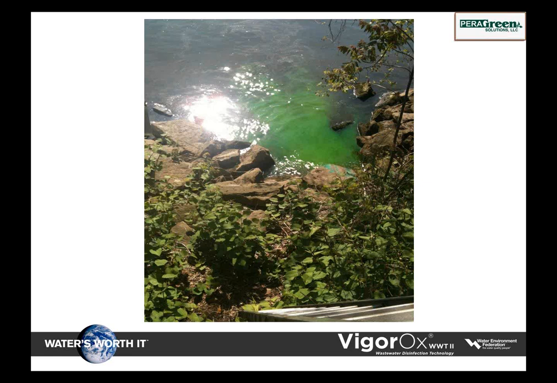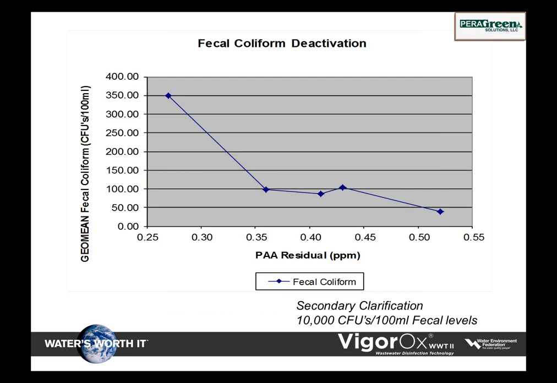Next slide, please. Again, what we did here is plot out our normal curves, our geomean fecal levels on the left, and then how when we finally hit a 0.3 to 0.4, they went down to 100 CFUs or less. Again, these are standard charts you'll find in a lot of the documents. The dosages are much lower, though. A lot of places you'll see 2-3 parts per million achieving these same curves. This is actual data from the facility, and we took 3 to 4 tests a week, plus we were tracking PAA levels and flow rates for over three months. Next slide, please.